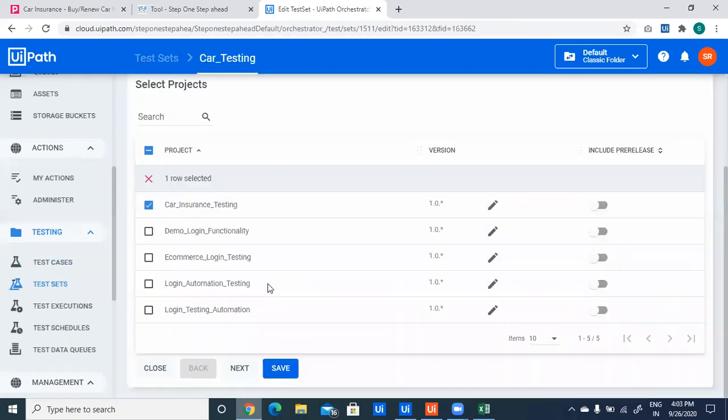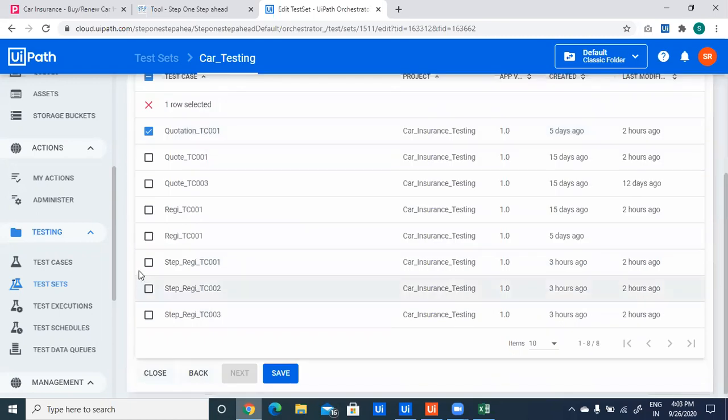Now I want to run my test cases. For this, I will click on the project for which I need to run my test cases. After that, click on next. These are all the test cases which are there under the project. I want to run these three test cases.